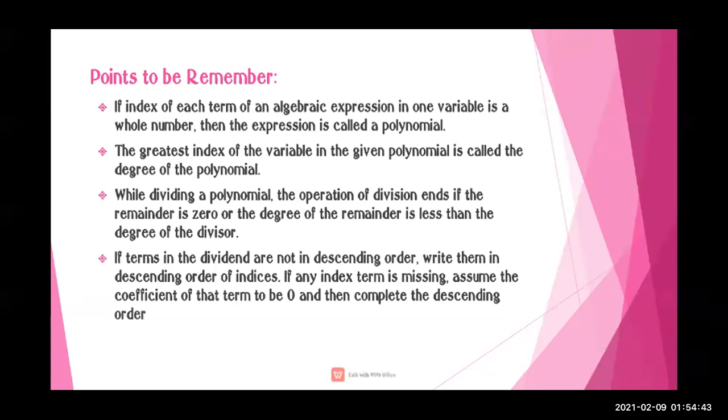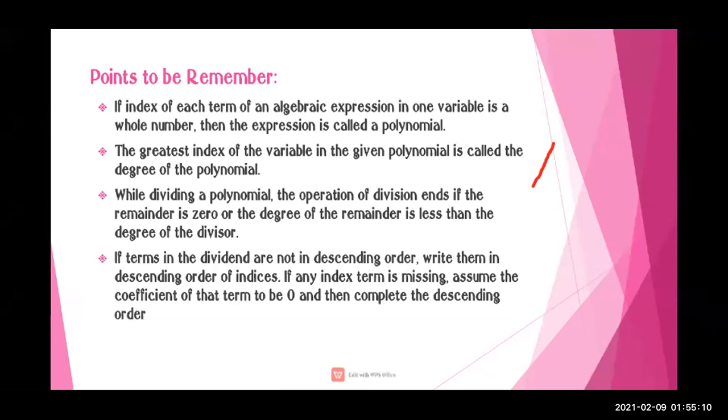So here also, while doing the division, the remainder should be 0 or the degree of the remainder should be less than the degree of the divisor. Clear? Now next is